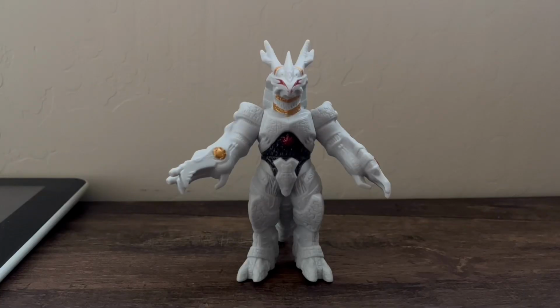So overall, an okay figure that could really improve with some more paint. I don't know what else I would expect from the Ultra Monster 500 series, as they've given pretty okay, just very middle of the road type of casual figures. They're not too big, they don't have too much detail, but then again, fortunately they don't cost too much, or at least non-hobby in Japan, which is where I got this guy for about